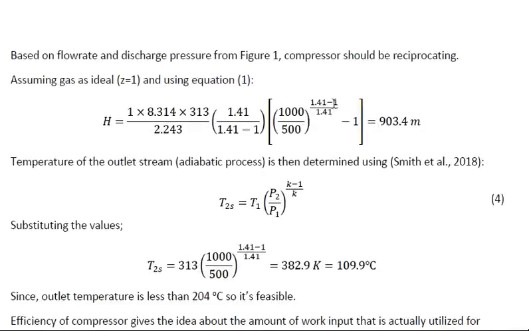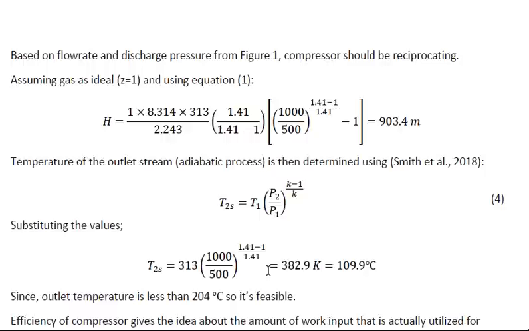Now we can substitute the values in equation number 1 to get the value of compressor head, which comes out to be 903.4 meter. Now we can find the temperature of the outlet stream as a result of the adiabatic process. For that we need the inlet temperature, pressure ratio, and this K value. Substituting these values,